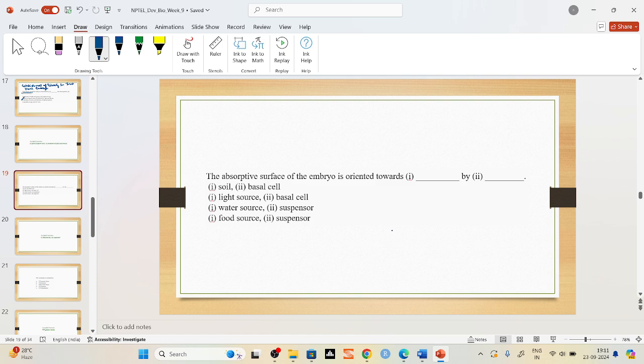The absorptive surface of the embryo refers to the part of the embryo that is specialized for taking nutrients and water